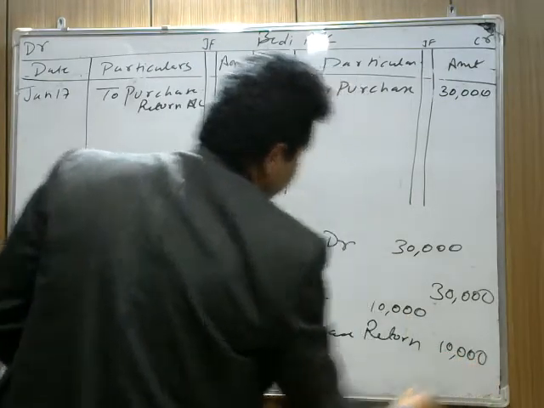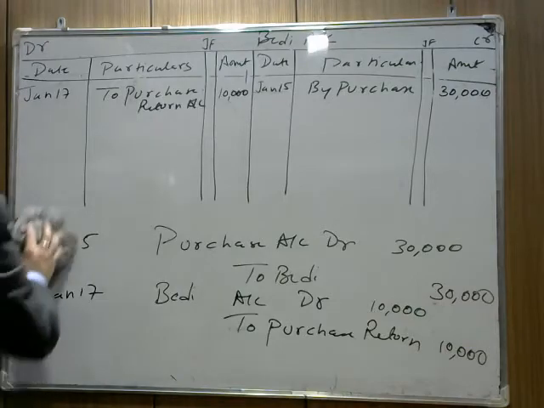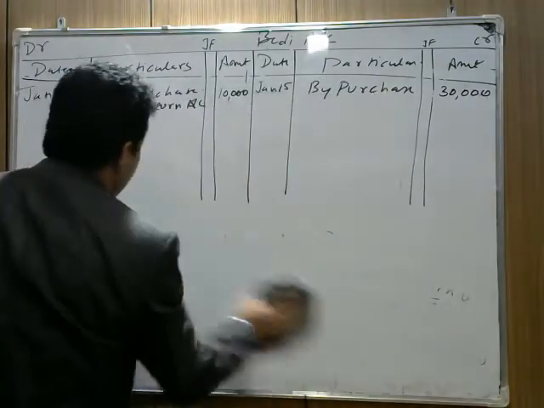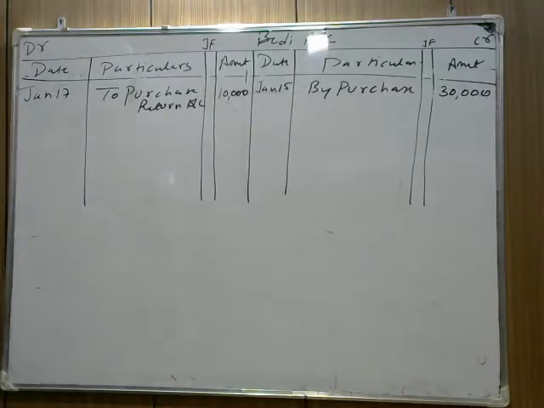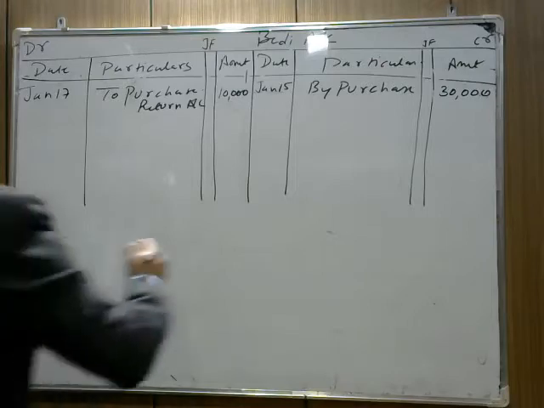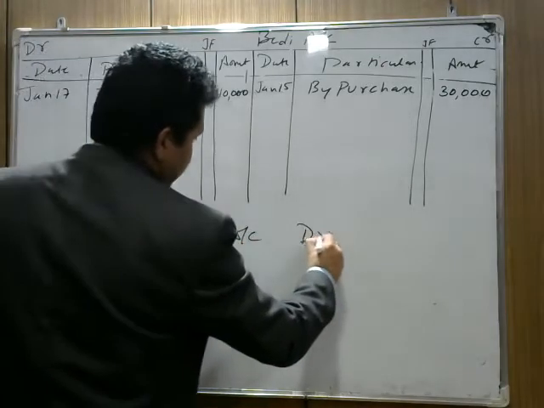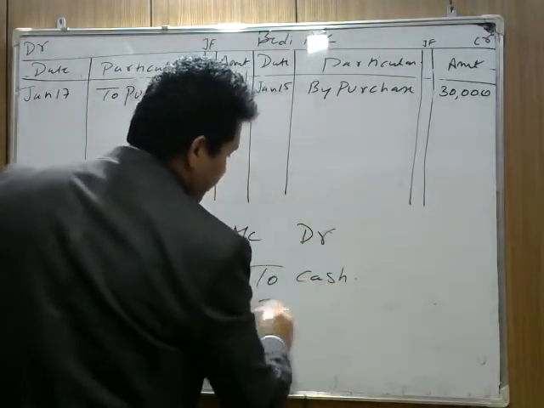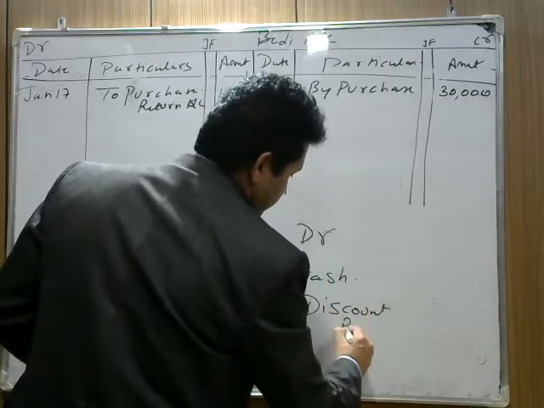There is one more transaction here regarding Bedi, and it was paid to Bedi in full settlement. हमने Bedi को full settlement में pay कर दिया. It means जो हमारी liability थी, हमने उसको पूरा pay कर दिया. Because we purchased goods from Bedi, तो हमने अपनी liability को full settlement में pay कर दिया. Now, again Bedi account debit because we are paying to Bedi. Who's the receiver? Bedi is the receiver. Bedi account debit, and credit what goes out? हमसे cash लिया and we received a discount. We write discount received account.